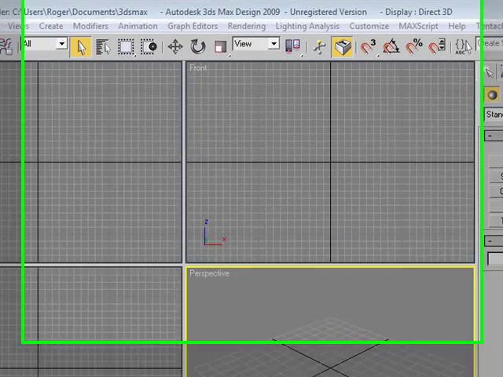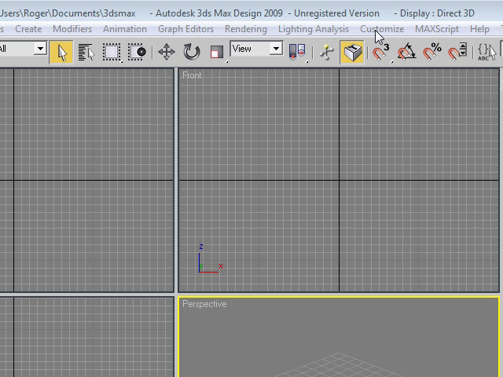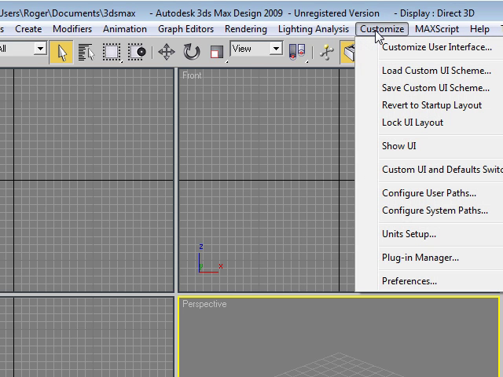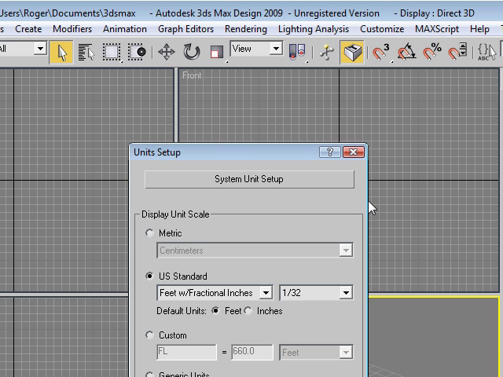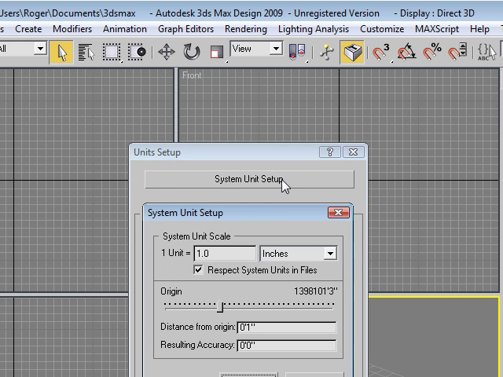Let's get started by setting up our units. I go to the Customize pull-down menu and go to Unit Setup. Now I'm going to be giving you units in both metric and imperial. I'll be working in metric. So I'll start by going to the System Unit Setup,